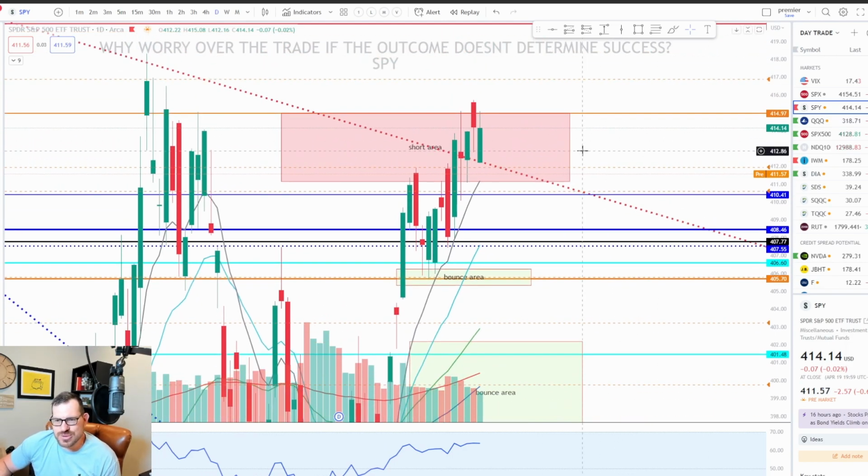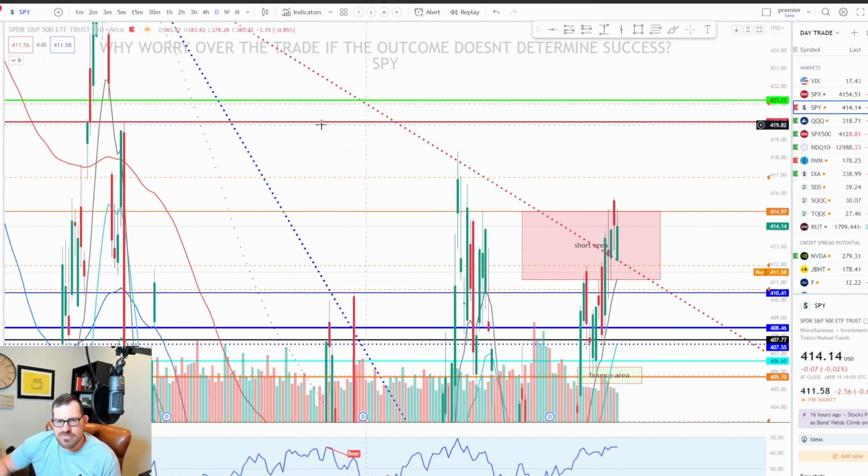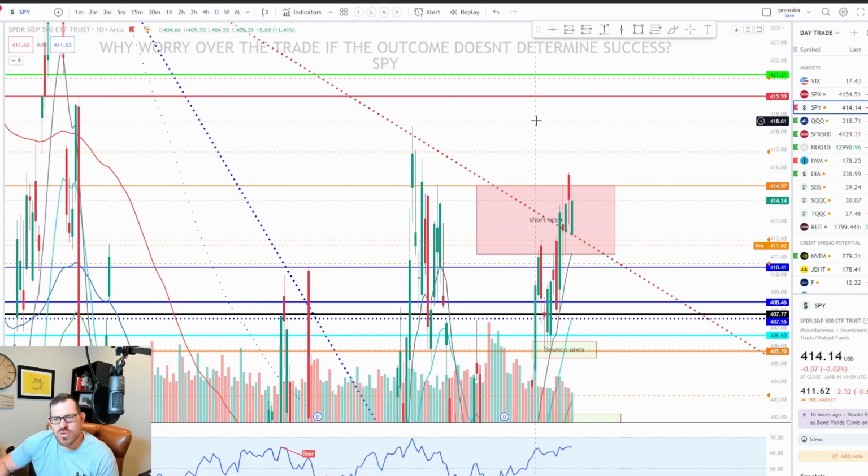I'm not sure when this video will come out. I'm sure you guys already see what's going on. But the point of this is I want to let you know that if we start getting up above this reversal spot, which I still think is very, very possible, we could be squeezing up to that 422. There is a gap fill right here at 422-ish, 421 area that I think SPY really wants to get to. So until we get there, I don't think we're going to quite get the selling that we're after,